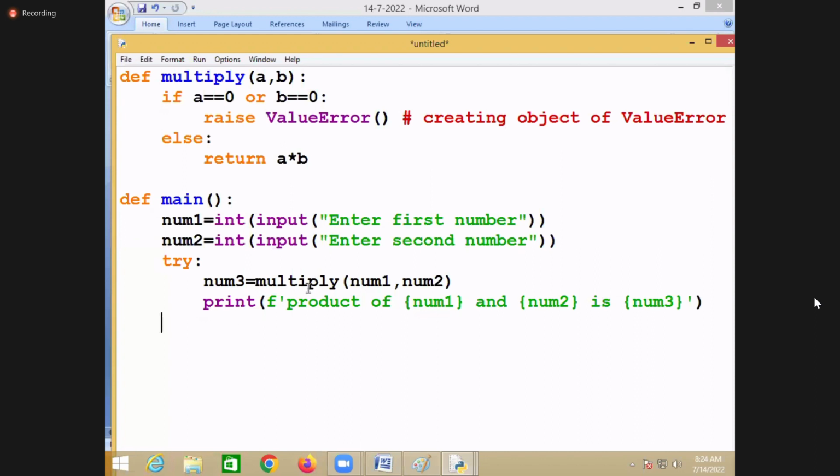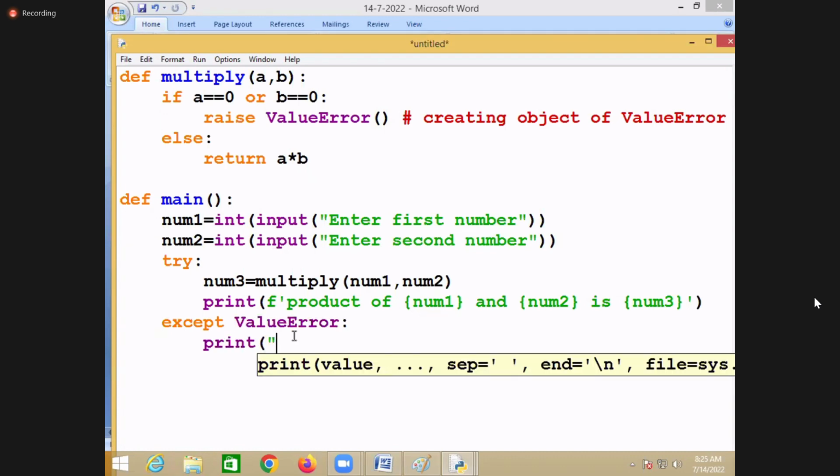But this multiply function is trying to raise an error. This multiply function raises which error? Value error. Now you have to handle that error or not? Yes, value error.